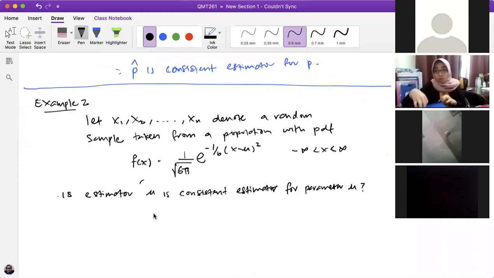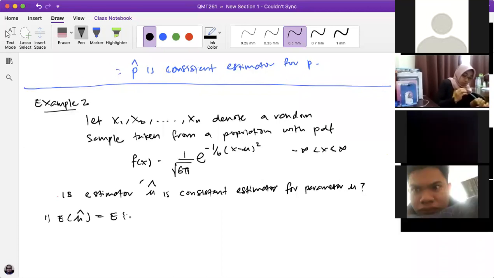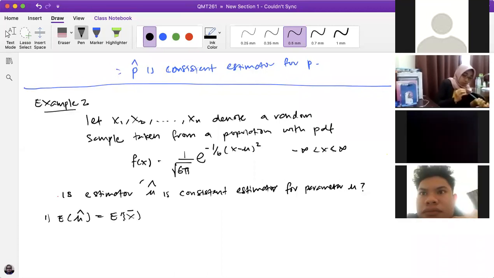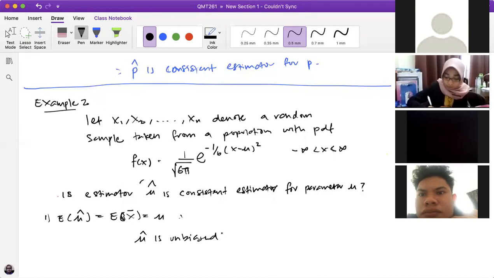To find that, we need to find the expected value of mu hat, which is also equal to the expected value of x bar. Based on the last topic that we have learned, this is also equal to mu, right? So we confirm that mu hat is an unbiased estimator